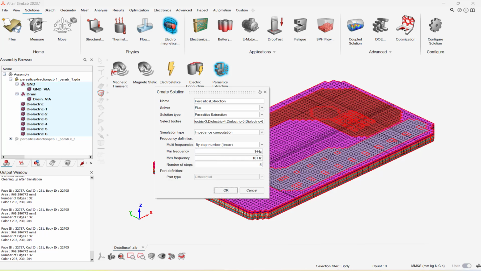Finally, I need to adjust my minimum and maximum frequency and number of steps. Here I am considering my minimum frequency as 100 Hz and maximum frequency as 100 kHz and the number of steps as 20. Finally, click on OK to create the solution.